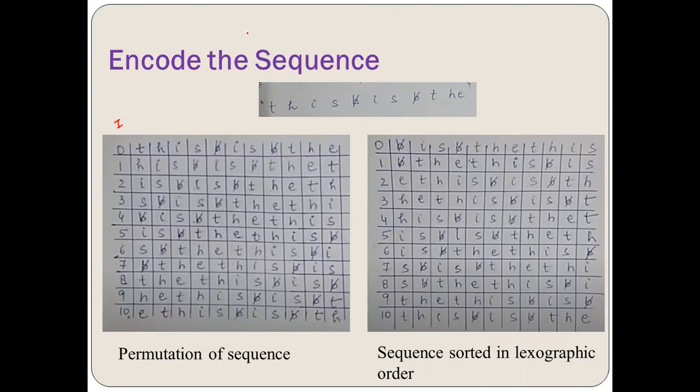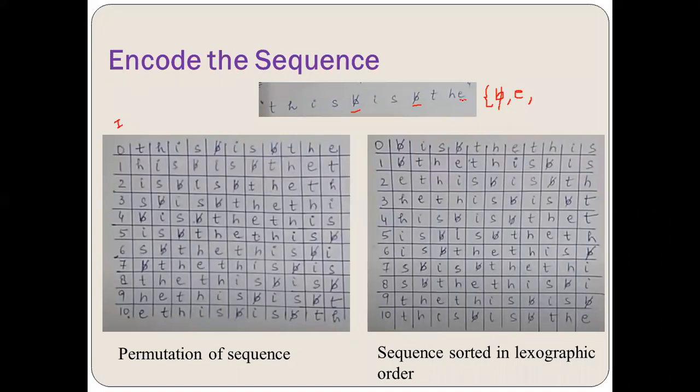This is the given sequence, so let's convert it into the order. What will be the order? First, I'll take the special symbols. Which is the special symbol? B bar is the special symbol. It is coming twice, but I'm going to take it one time only because this is recurring. I don't have any other special symbol. Now I'll see the alphabetical order: A, B, C, D, E. So E comes next. I'll take E.